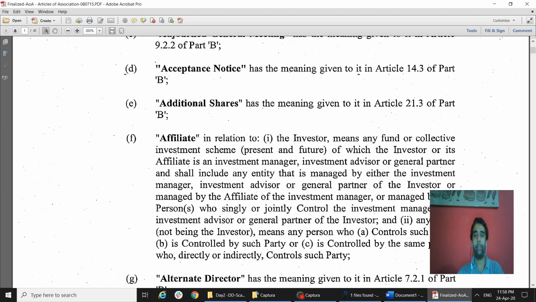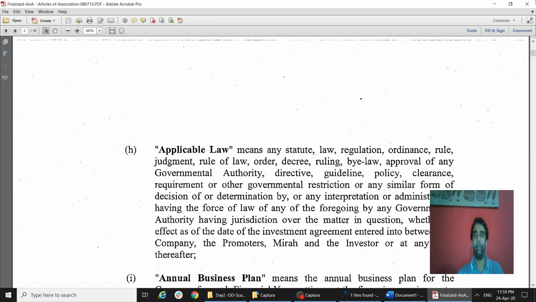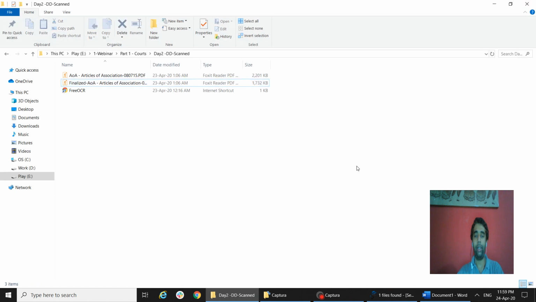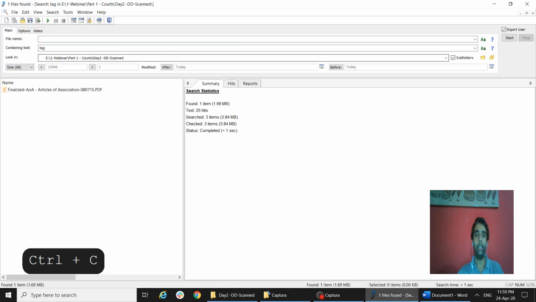So once you have converted all these PDFs that you have into this format, next what we can do is we make use of the software called Agent Transact. Now Agent Transact lets you search across files either by the name or with the content inside them. So this time we are going to make use of the content.